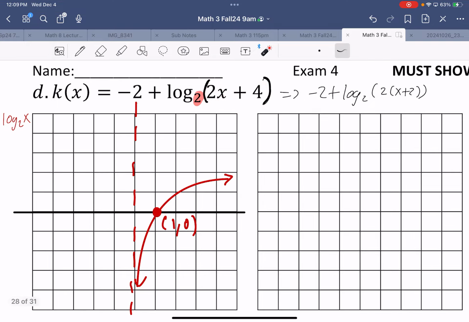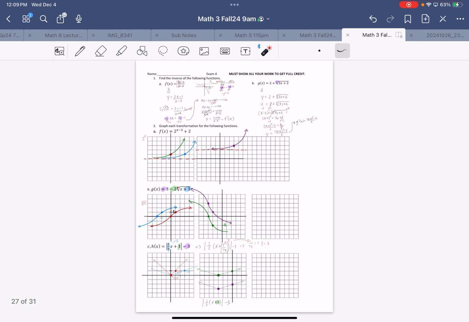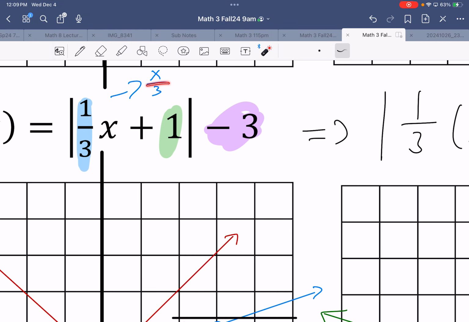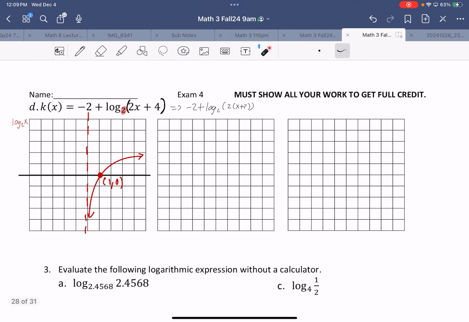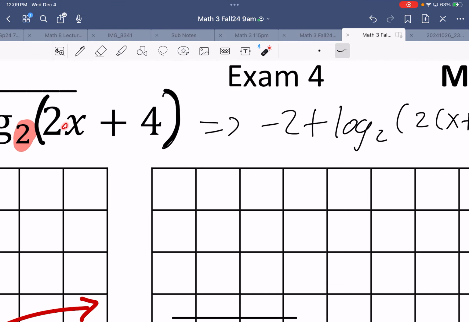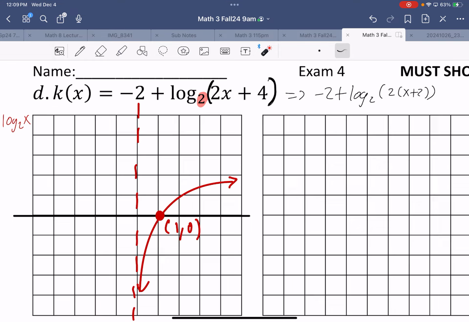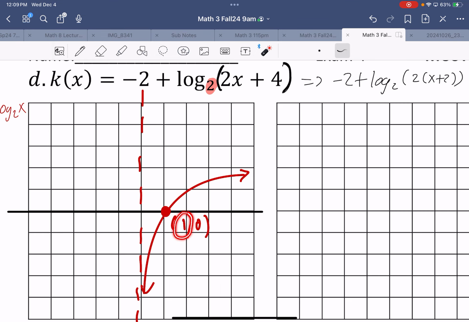So once again, this is dividing, the opposite of division is multiplication. This one is multiplying, the opposite of multiplication is division. Because remember, inside always does the opposite of what you think. So instead of multiplying your x by 2, you're actually going to divide it by 2. So it's shrinking horizontally. So it should look a little bit wider